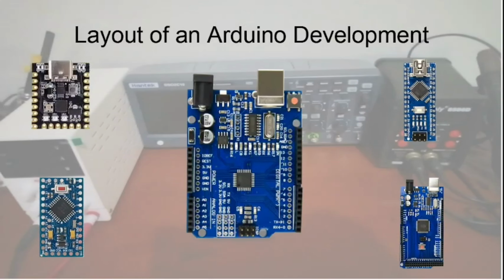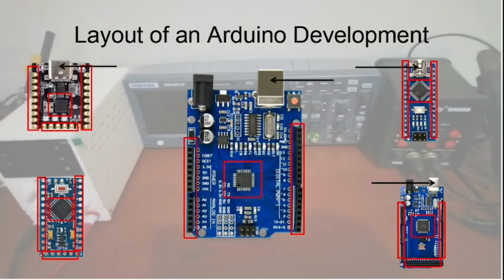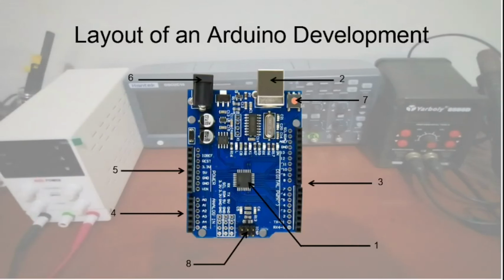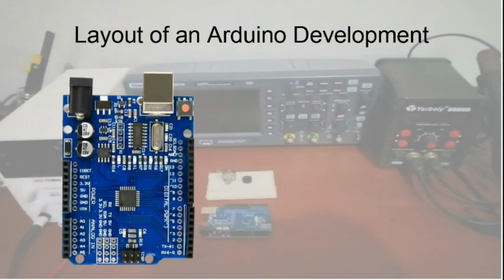There are many different types of Arduino development boards out there, but they almost all share the same key features. As such, if you can understand the layout of just one Arduino development board, then you can essentially find your way around any Arduino development board you come across. And since this is the case with these boards, I'm going to use the Arduino Uno Revision 3 as our development board of choice to explore the components and features of Arduino development boards.